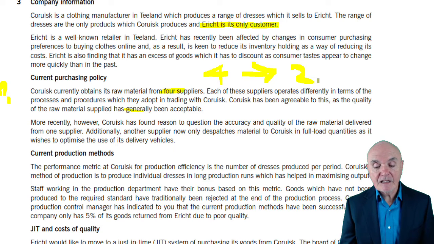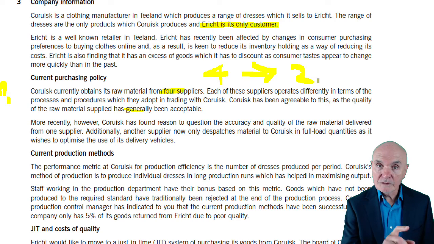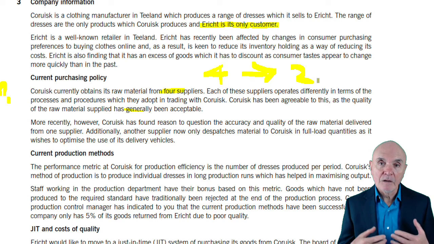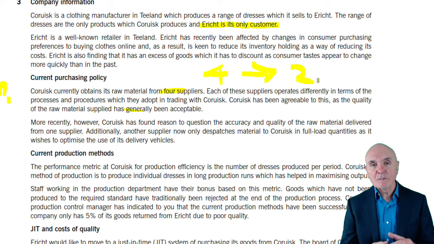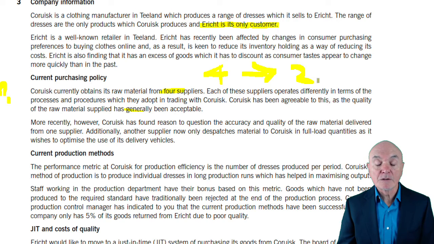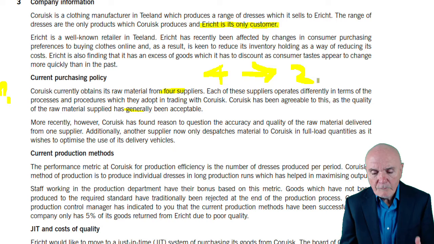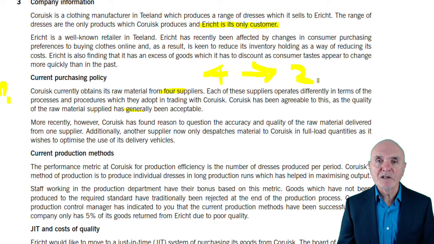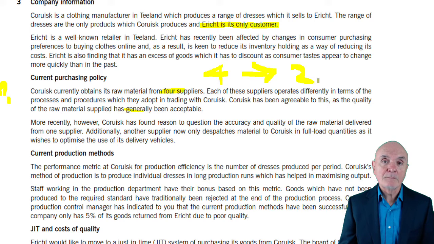I don't think I'd ever say go from 4 to 1, because that gives that one supplier a lot of supplier power. If that one supplier, if something happens there, production, if they were taken over by a competitor of ours, we could just find our own business greatly compromised. So even when you're doing just in time, if that's what we have to do, people have learnt to multi-source.